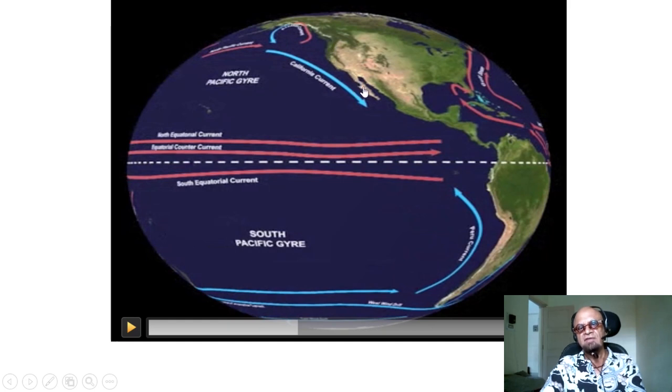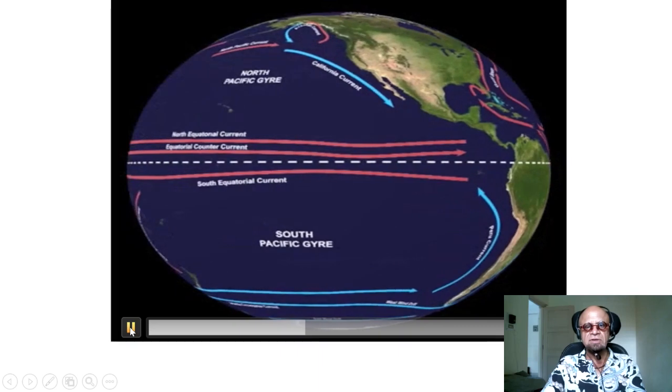This is called Baja California. This is Mexico down here. So the California current is the southward flowing cold eastern boundary current. There are small gyres here like the Alaska Gyre, and let's go a little bit east, a little bit more